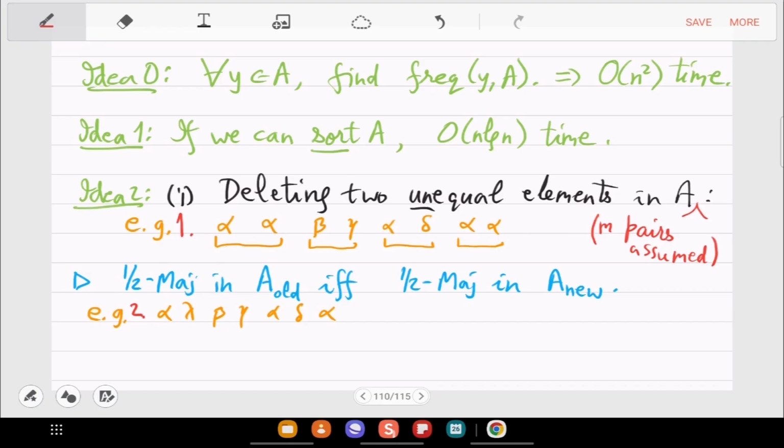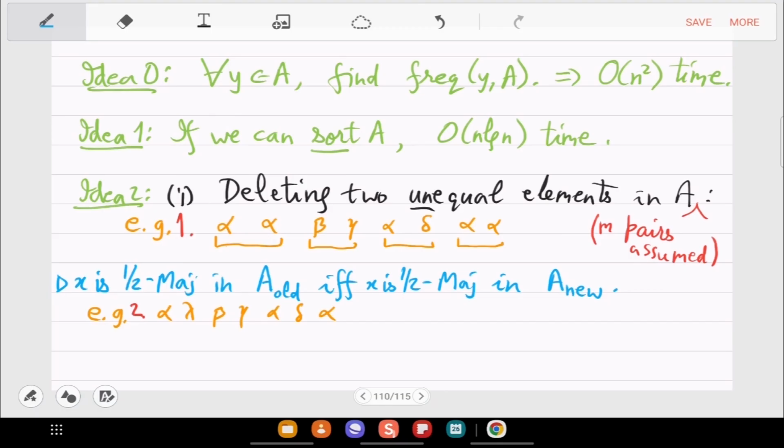Let me then only claim this. No, sir, that is purely luck based, because if there are an odd number of elements and we are taking it in pairs. Yeah, but I don't want to claim now what I was claiming before. So I have to now make it more precise. Let us just say X is half majority in A old, then X will remain half majority. I don't want to claim anything more than this. The same half majority continues.